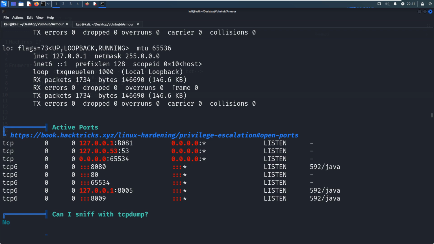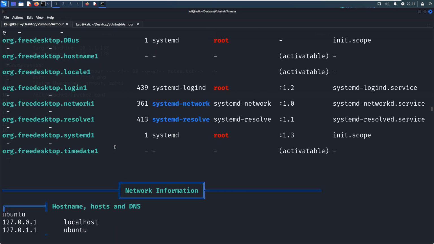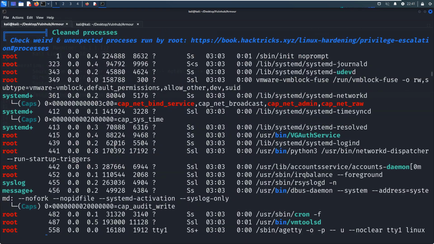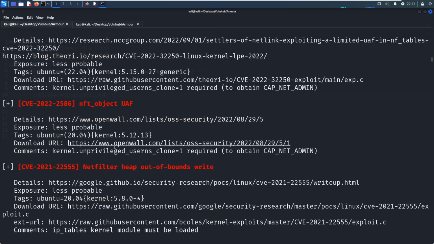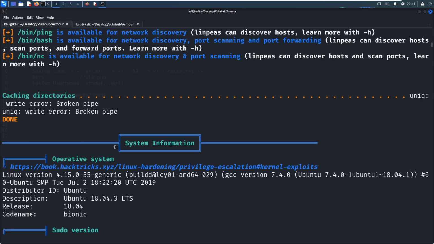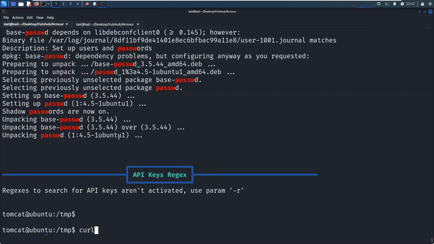So I think I found the reason why we cannot access this port number earlier, because this port number is only accessible locally. Interesting. So I think we can access this port number locally, but I'm going to do that later. Cron job information, local exploits, but I'm not going to take these exploits here. So now we can queue.